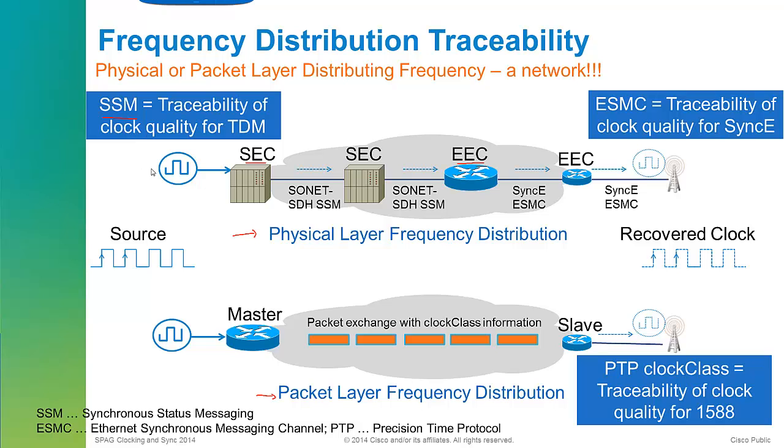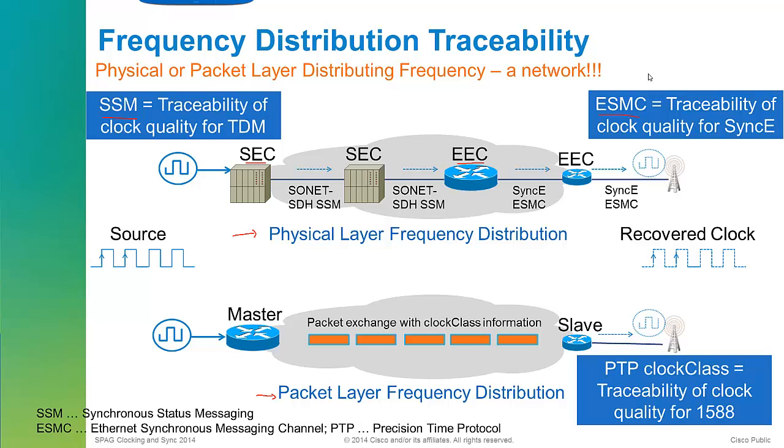There are a series of bits that are carried in the overhead fields in the frame for things like T1 and E1. And SSM, these bits will actually define the quality of the clock that the signal represents. So that's how that problem is solved for TDM SONET type networks. For Sync-E, it uses a different approach. It's called ESMC, and ESMC is a synchronous messaging channel, and what that is, a few data packets are sent over the same link to indicate the quality of the clock that has been sent over that